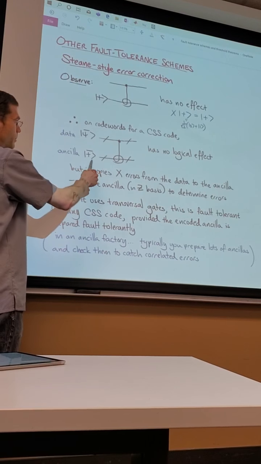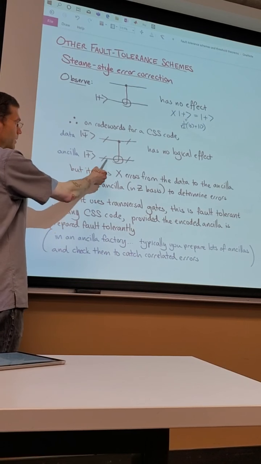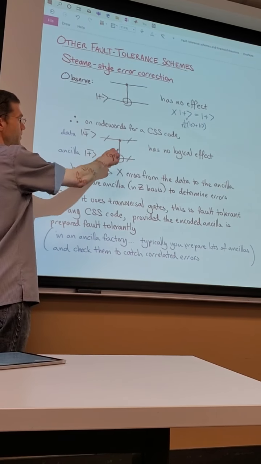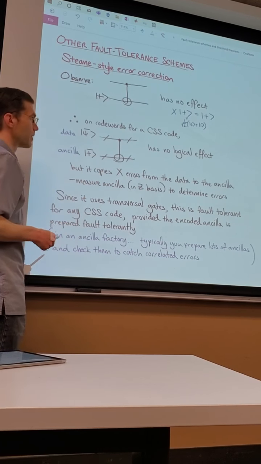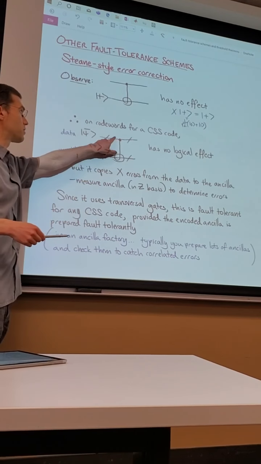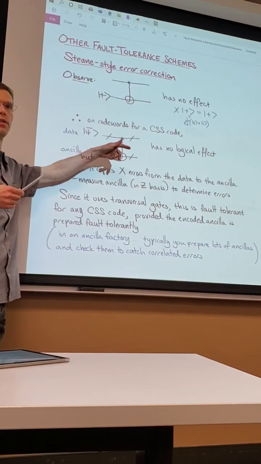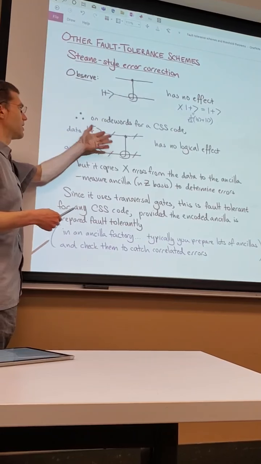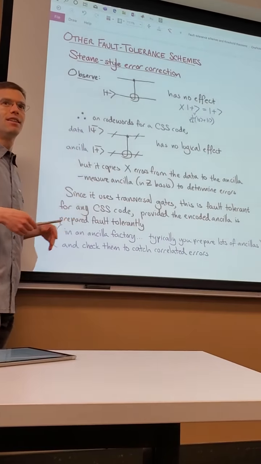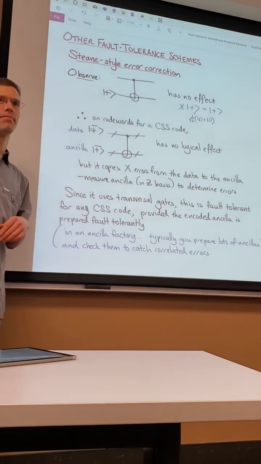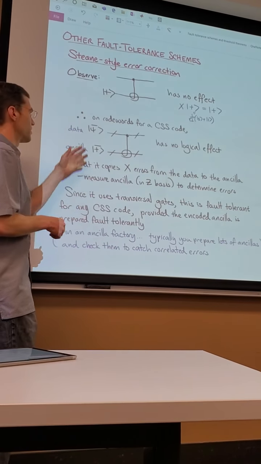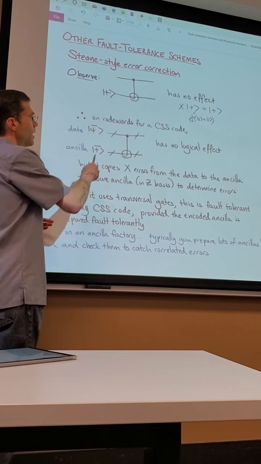We can prepare an ancilla that's an encoded ket plus, again n qubits. We apply transversal CNOT gates from here to here. For a CSS code, transversal CNOT gates implement a logical CNOT gate, but a logical CNOT gate has no effect